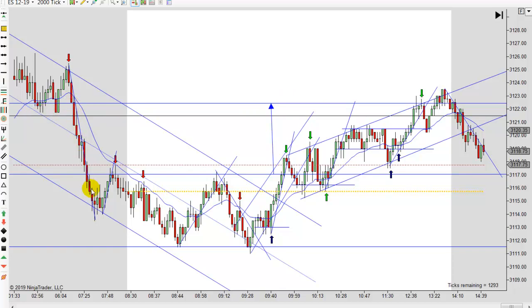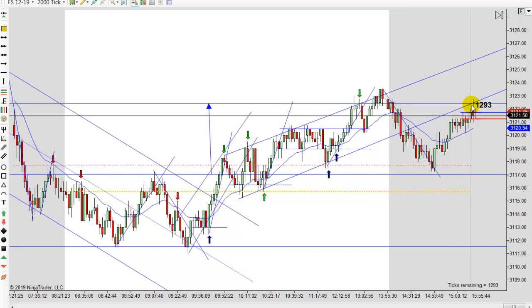Notice how we never tested that breakout right there. We just shot straight on down. So prices are coming back to test that area. And that's what we're trying to do here. And they come back and test it, and you get that little failed breakout, and then we're headed lower again. And we ended up closing. Notice we just turned down once again off that same